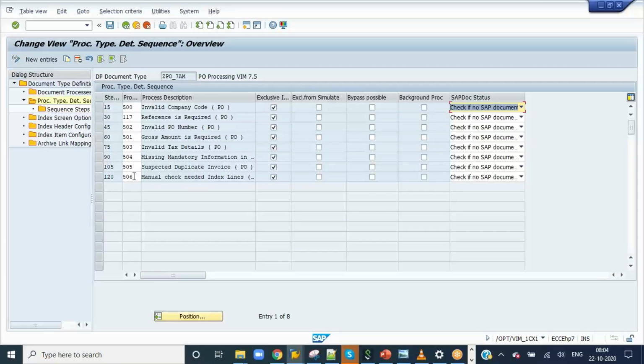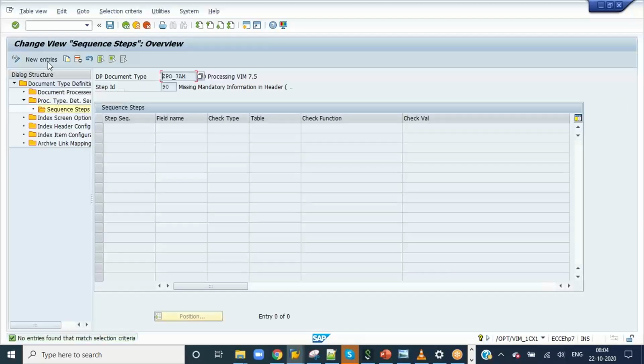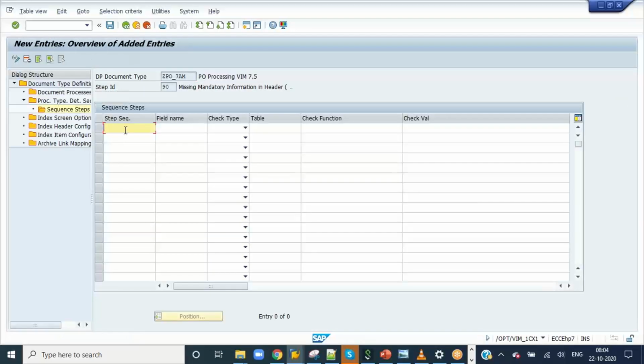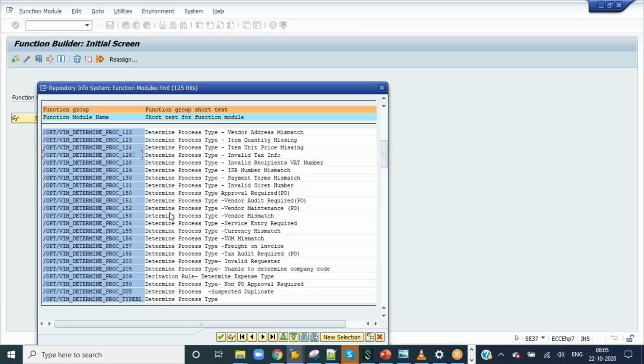So click on save. The next one we have is missing mandatory information in header. So I'll just go here, click on sequence steps. In the same way, this is also dynamic, like complete details, right? Mandatory information is nothing but multiple fields. So if you want to check logic for multiple fields or multiple tables, then it is always a dynamic function module. So we can check the standard one here again. So here you can see,